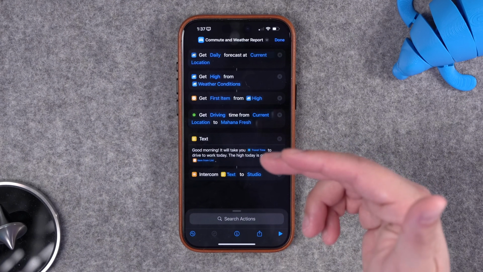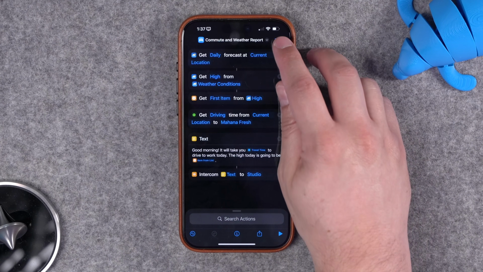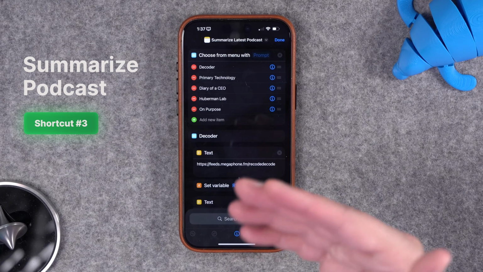I added the weather in there. You can also do things like add your calendar events and upcoming reminders, and have some shortcuts later in the video that do that. Next up, a few videos ago, I created this shortcut, which will actually get a transcript